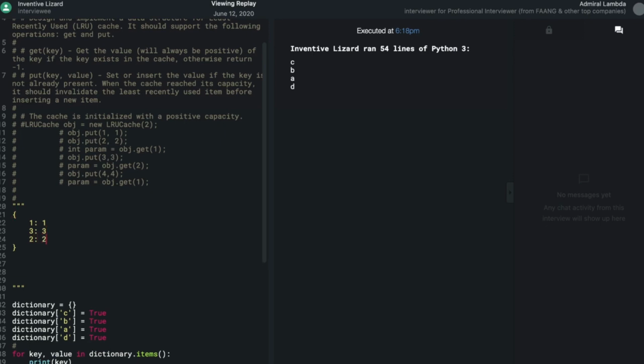Right, so it was at 1, 2, and then we got 1, right? Yeah. And then now we want to put 3, so we simply delete the first entry and then add 3, if the capacity is 2. Yes. And then we try to get 2, but it doesn't exist, so we can simply